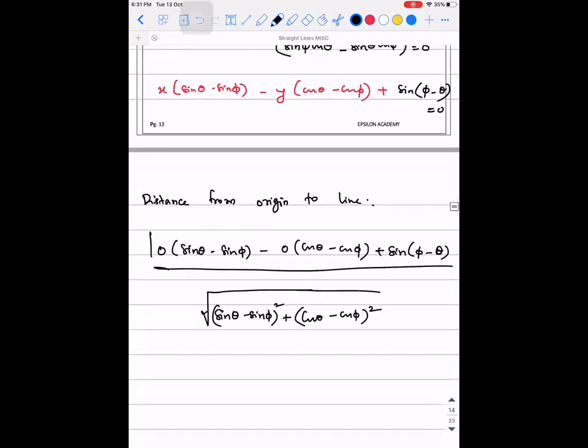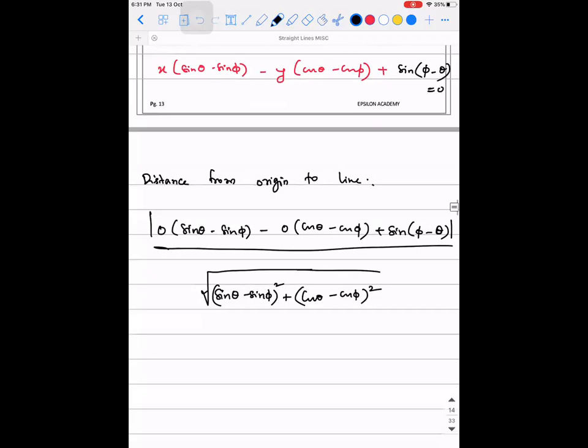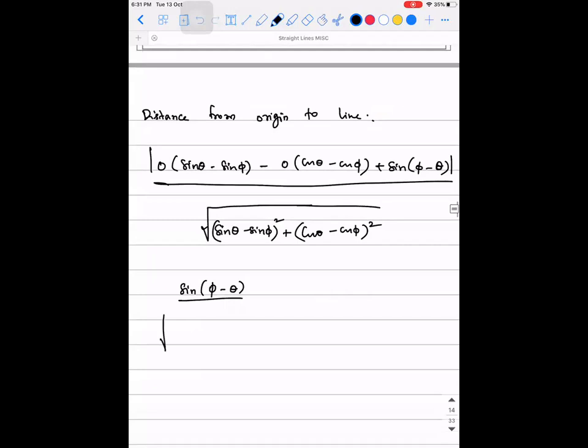Okay, this within a modulus. So what will be the answer? It will be sin of phi minus theta the whole divided by square root of